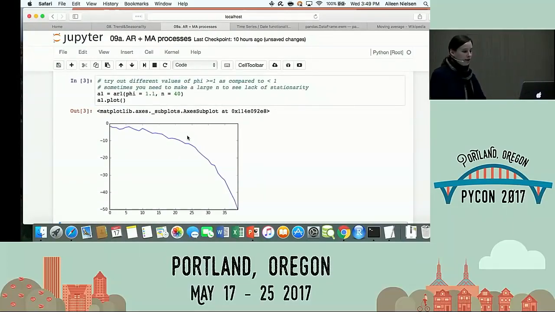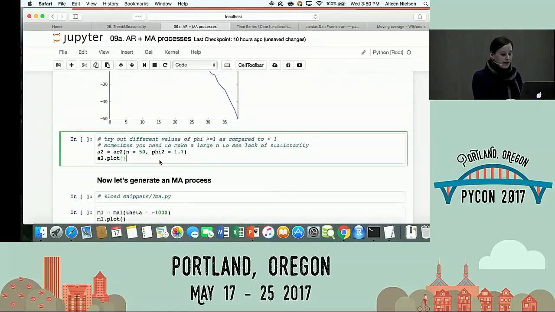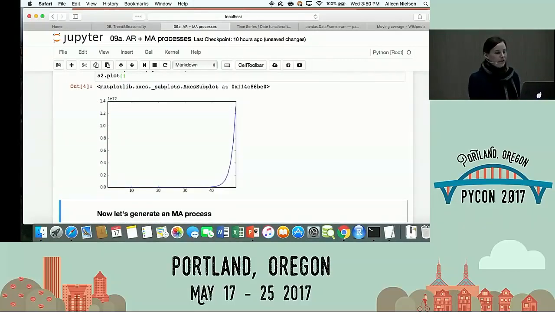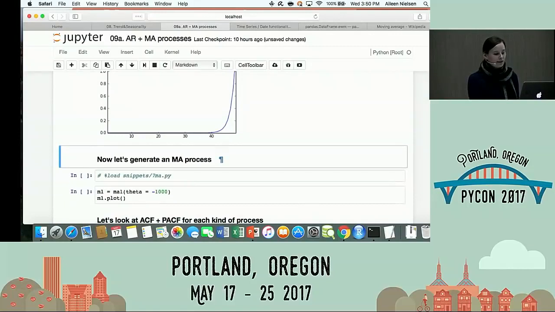So if I do this and I take a plot, that just gives you an idea of what an AR process can look like. By the way, is this a stationary process? No, right? So the phi's will determine whether it's a stationary process. Not all autoregressive processes are stationary. Okay, and what about the AR2? Also really not stationary. Not surprising, right?